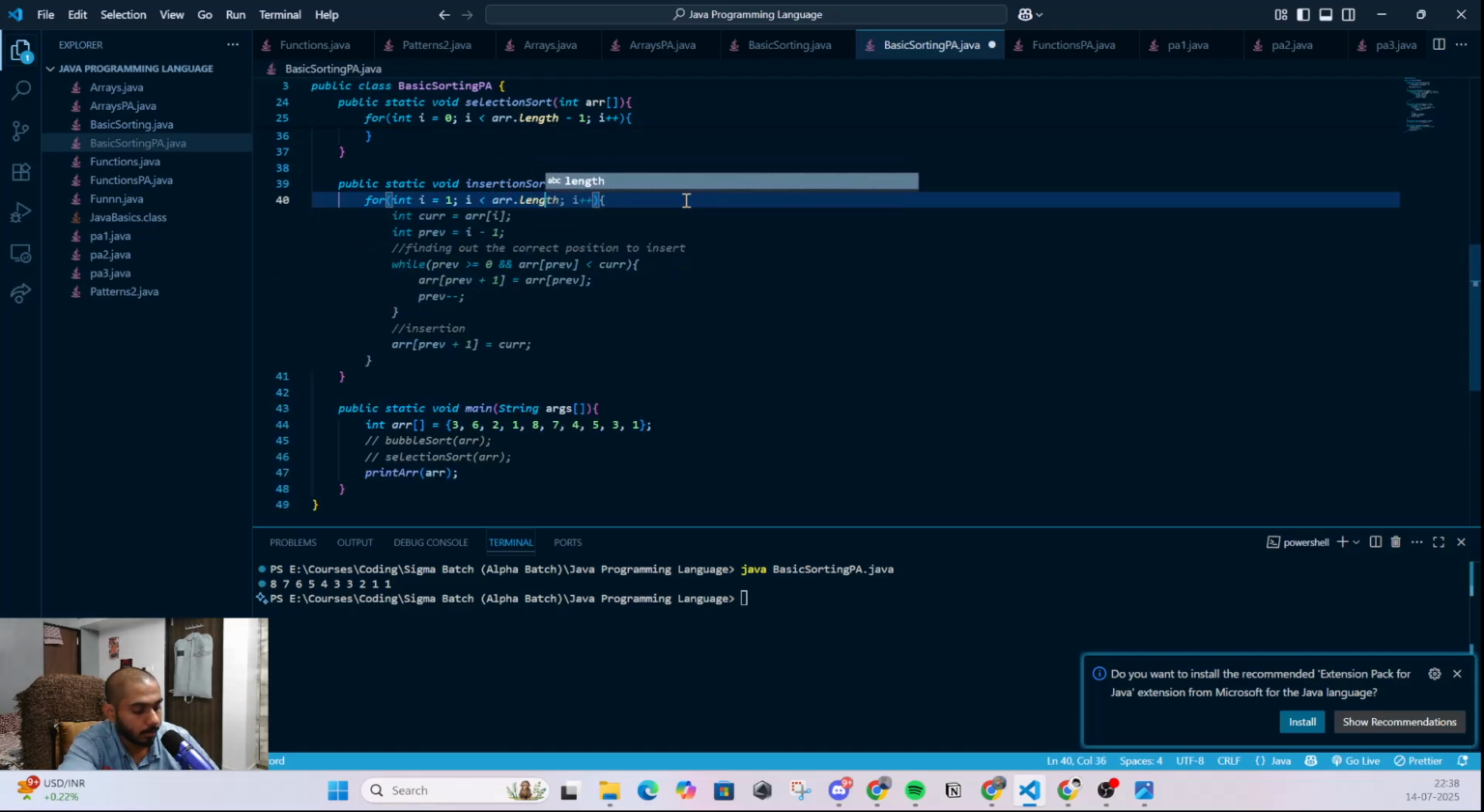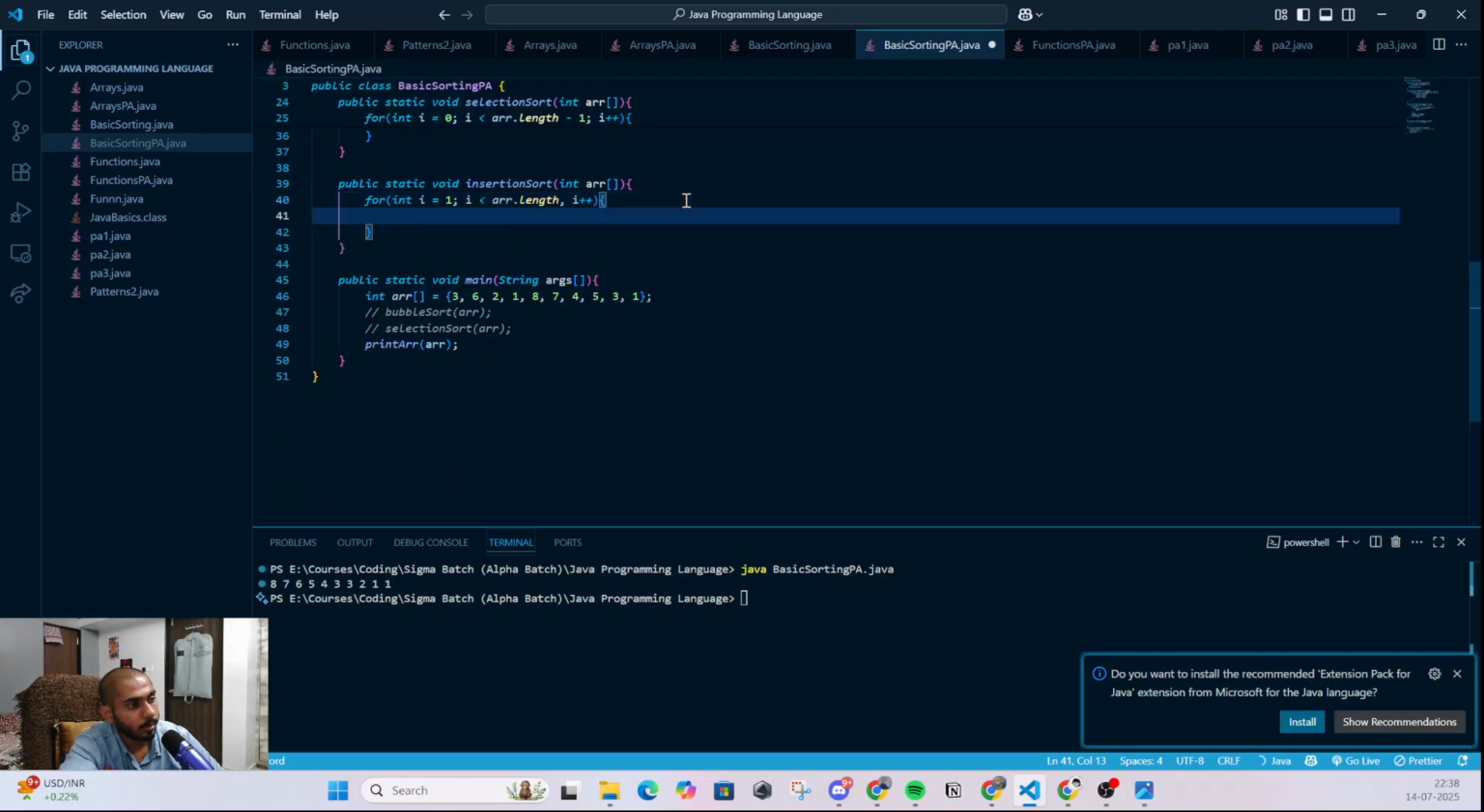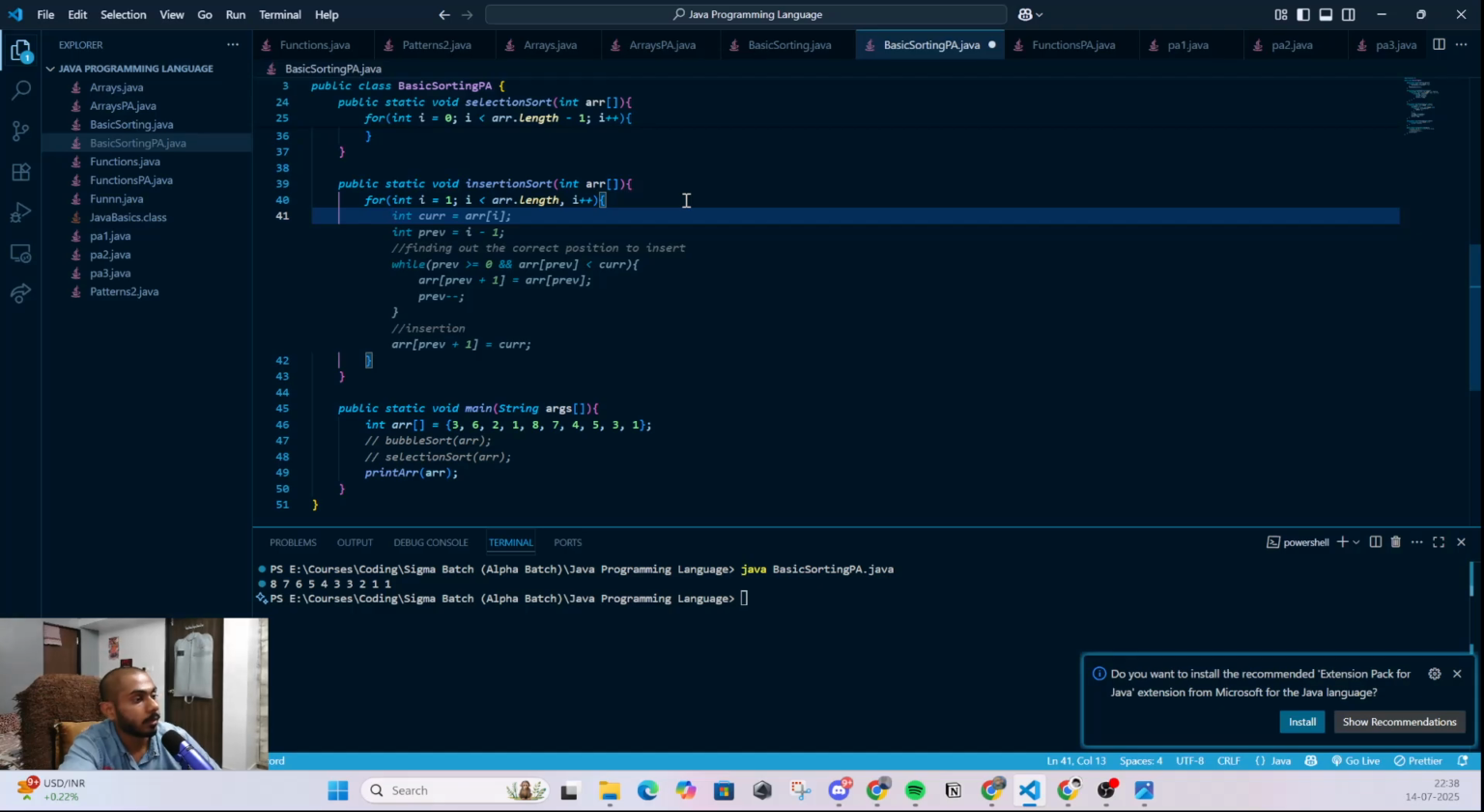Array dot length, I plus plus, and int cur is equal to